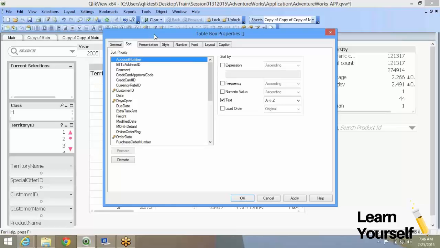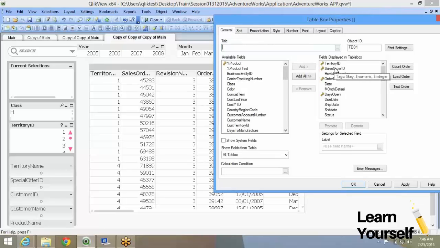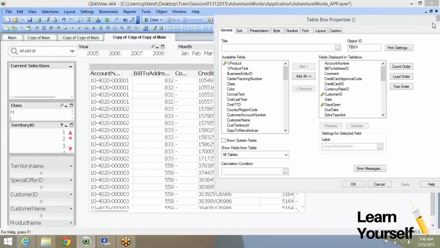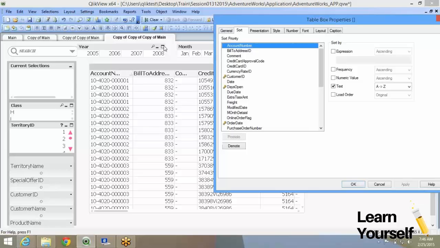So what happens is, see the sequence of the fields over here in the general tab, how you define them are different. You define a sequence over here in a totally different way, like you can use load order, count order, or text order. The columns will be ordered in this method. So if you look at it, account, bill to address. But in sort, you don't have to really follow that order, but you can create your own order and say